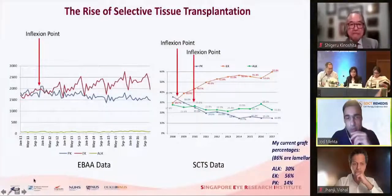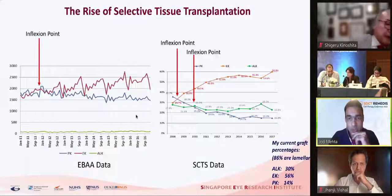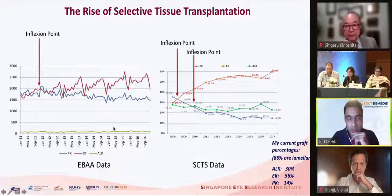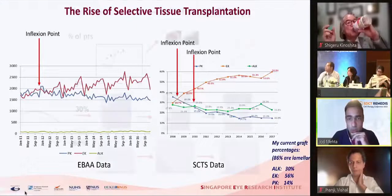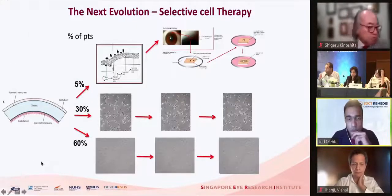So we all know that over the last 10 to 12 years, we've seen a significant shift in the way we perform endothelial surgery, with endothelial keratoplasty becoming the dominant procedure. You can see this from data from the Eye Bank Association of America on the left, and also in the Singapore Corneal Transplantation Database. But the next evolution, as Shiguru has shown with respect to endothelial cell therapy, is